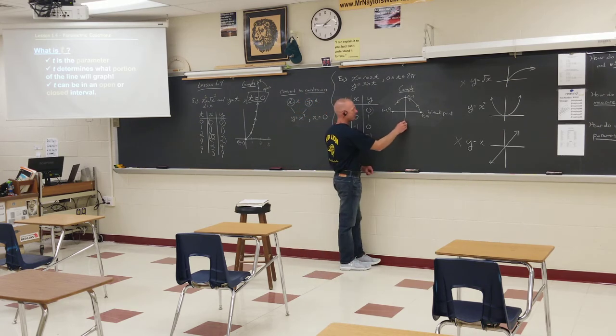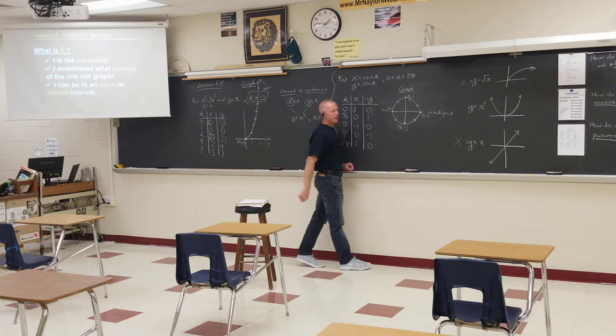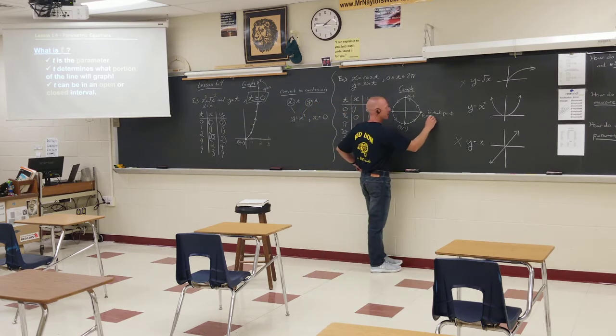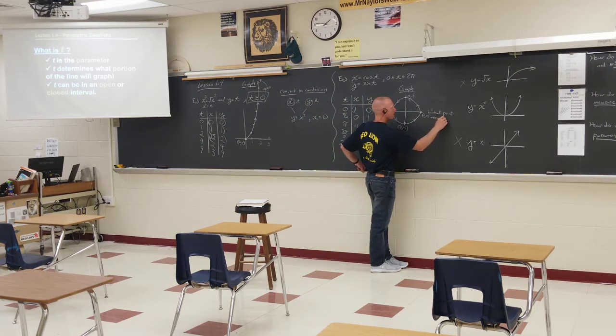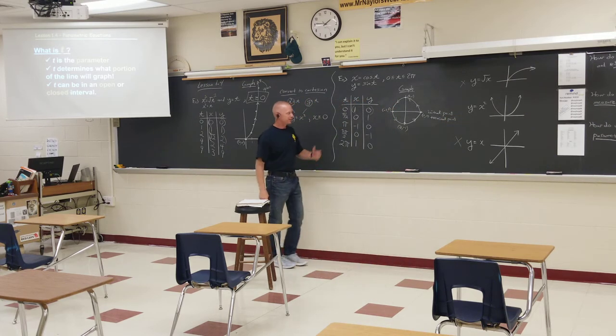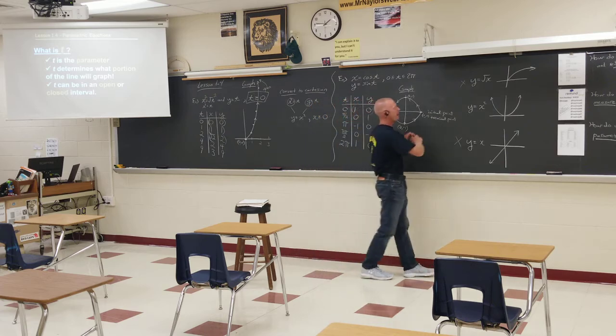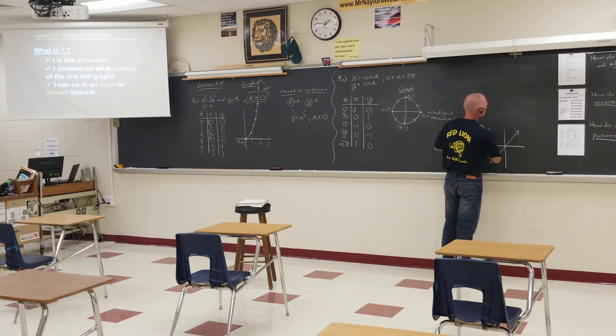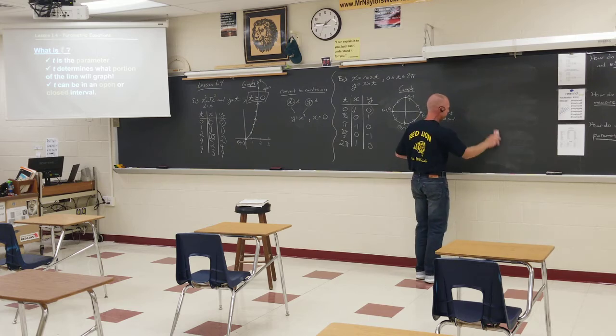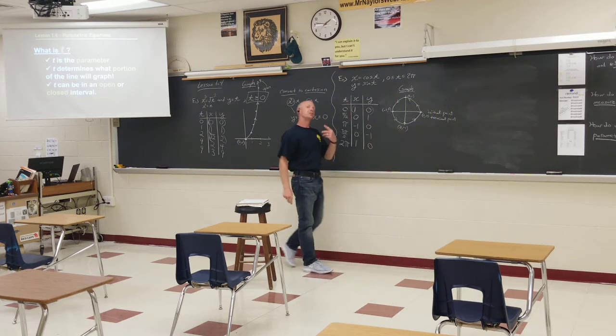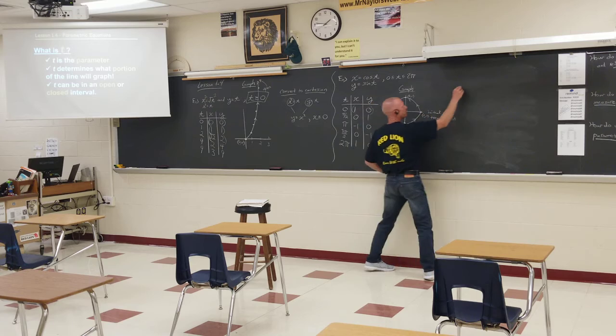Okay? And as I continue to plot these points, I end up finding myself going all the way back to the same spot, which is also my terminal point. Now we always label the initial and terminal point. How do you label it? With words, and you always use directions. All right, now to do a parametric analysis, there's always this expectation to make a graph and to convert it. So to convert it